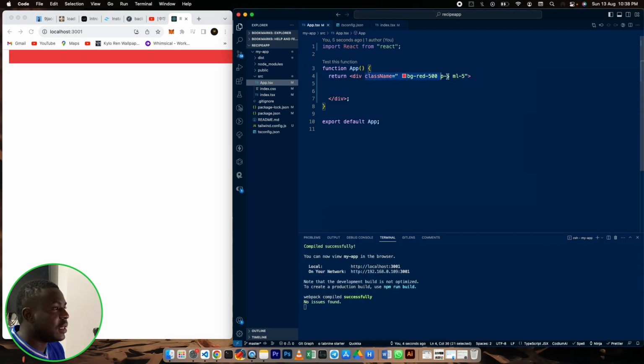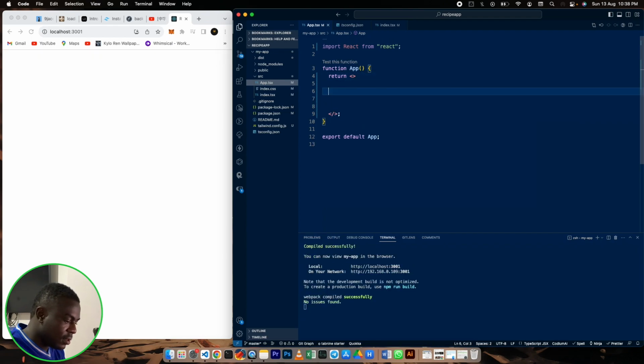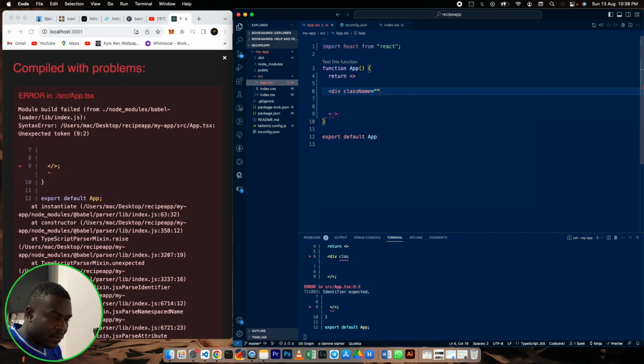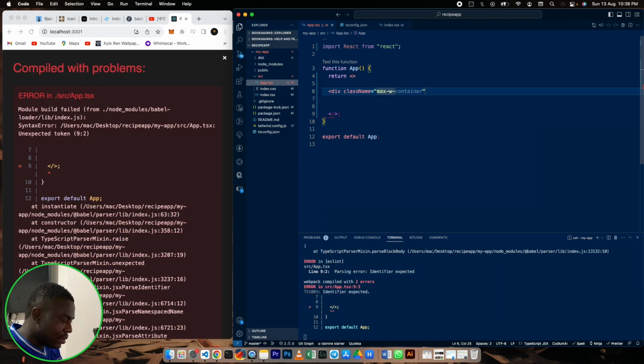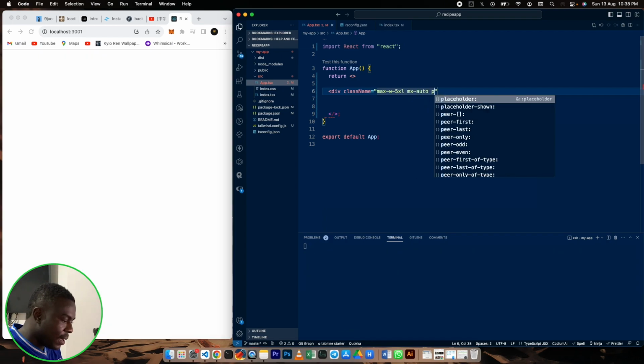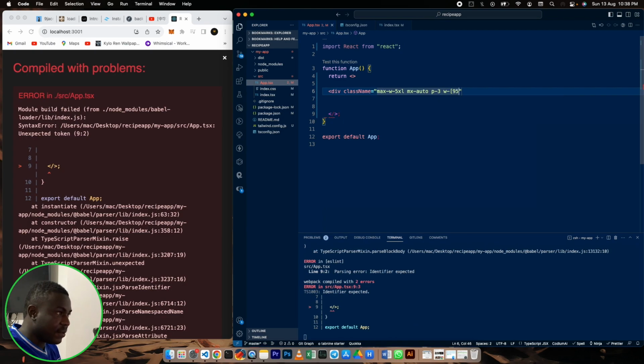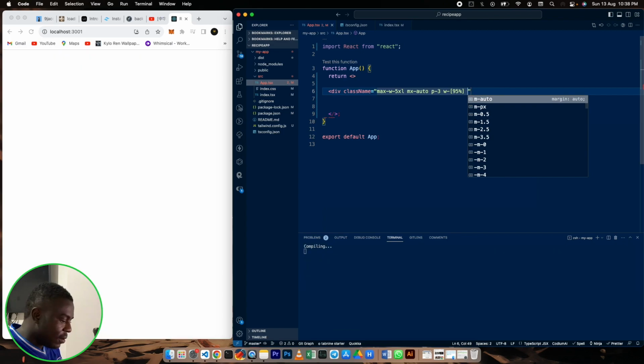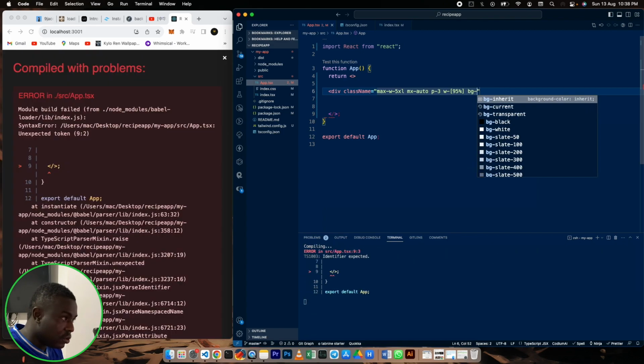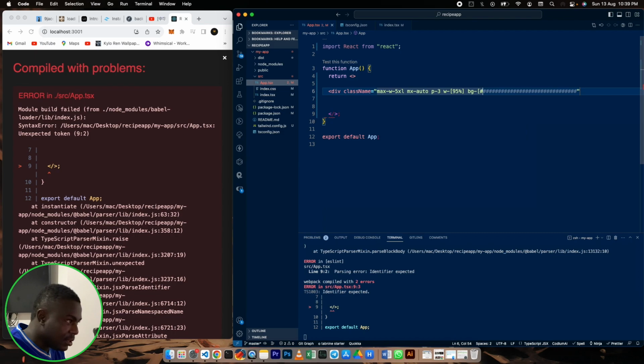And we're going to also delete this. We're just going to make this like this. We're going to say div, class name. We're going to say max width 5XL, MX auto, padding 3. The width should be 95%. And our background should be #FFFEF5. Okay,